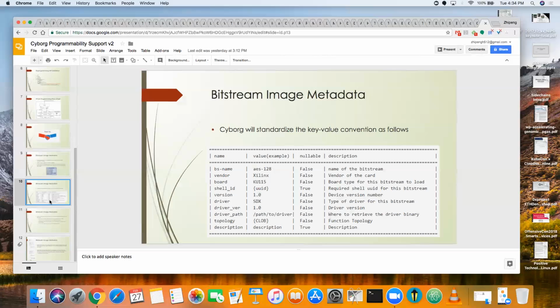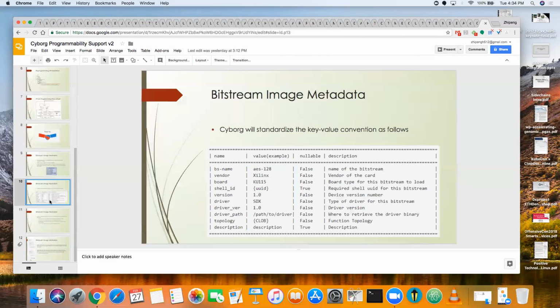It can standardize the APIs and the UIDs. It can even ask for a bitstream UID and a shell UID, but the driver needs to provide that, right? Correct. I'm not saying that cyborg defines that an IPsec corresponds to a UID. That's still provided by the vendor. The vendor provides some function UID, says this is the function. Cyborg does not know what it means. Similarly, the flavor asks for a UID.